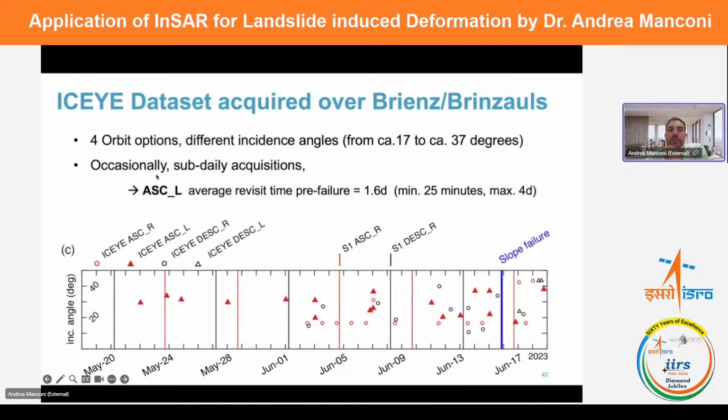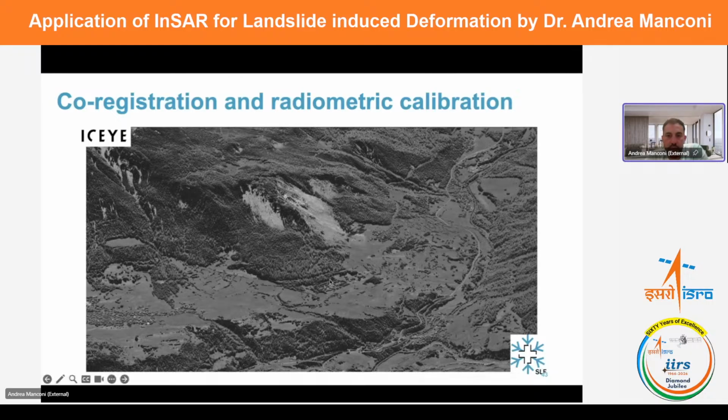We have an average revisit time before the failure of less than 2 days, and in some cases also in the order of a few minutes. And what you see is that the angle of view is a little bit different. So we need to combine images that have a similar line of sight if we want to have good accuracy on the displacement. So I'm just showing a short animation of what is feasible